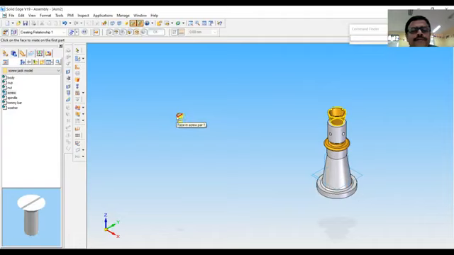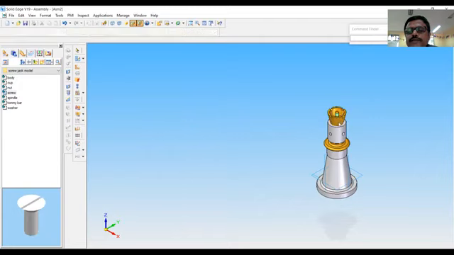Mate option is for surface. Here with this part, this is the washer part. So there is something wrong. So just undo it.